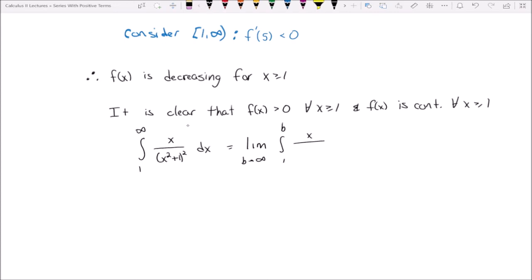I don't know why I'm doing square root. Antiderivative. Okay. 1/2 times -1 times x squared plus 1 to the minus 1